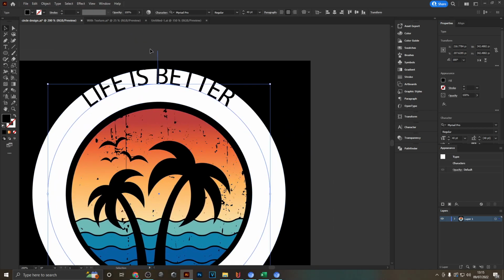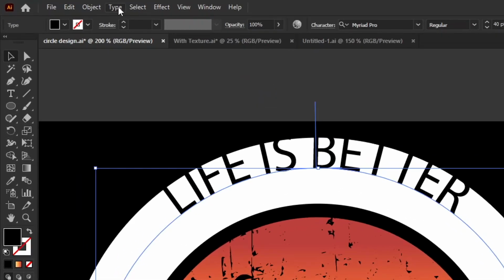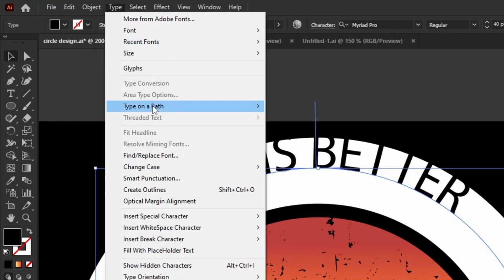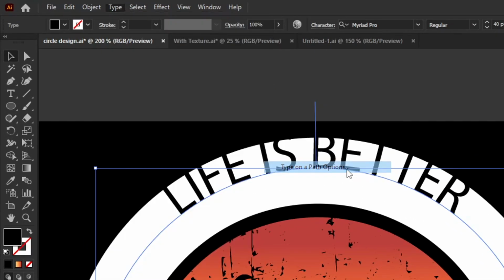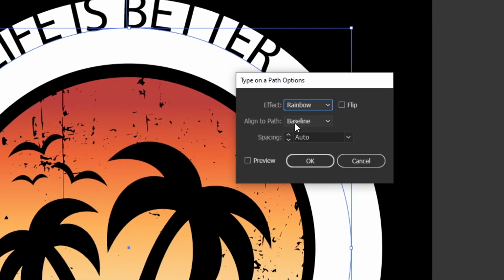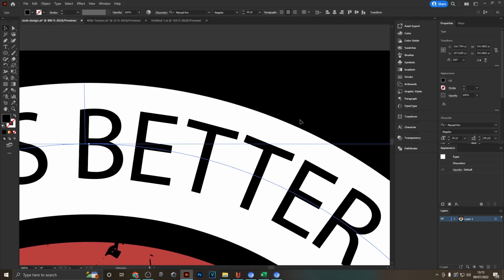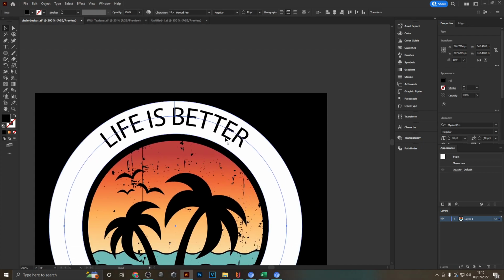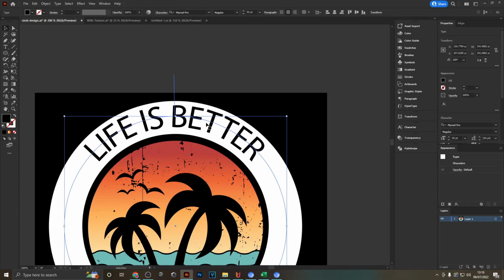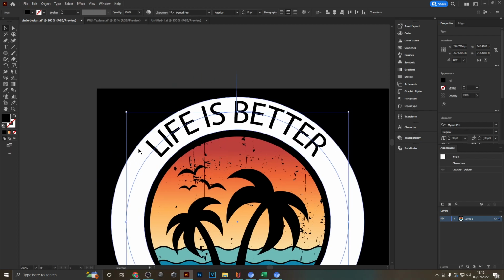So the next step you want to take is head over to the type option up here, then go to type on a path options, and then change this from align to baseline to center. And once you do that and hit OK, you can see that now our letters are actually aligned to the center of this circle rather than sitting sort of on top of it. That's really useful because now we can scale this up and it always sort of stays very perfectly aligned to